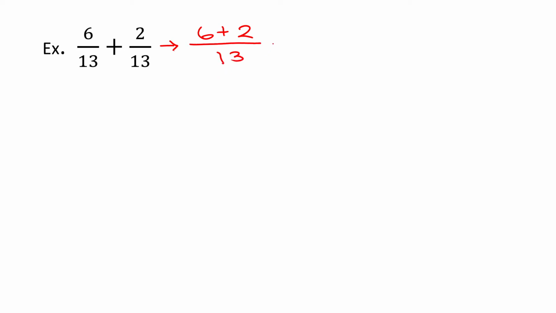And then just solve. 6 plus 2 is 8, and 13 stays the same. Now you might be wondering, well, that's just dumb. I already know that 6 plus 2 equals 8, and 13 stays the same. Why do I need to do this extra step? However, this extra step is crucial